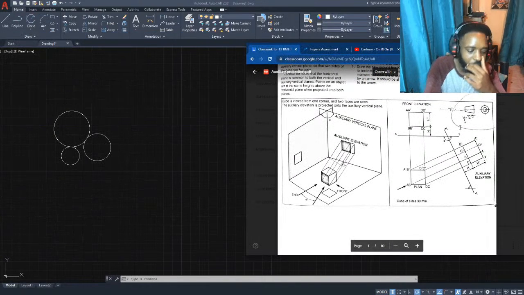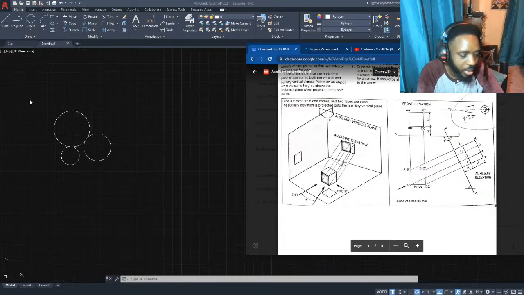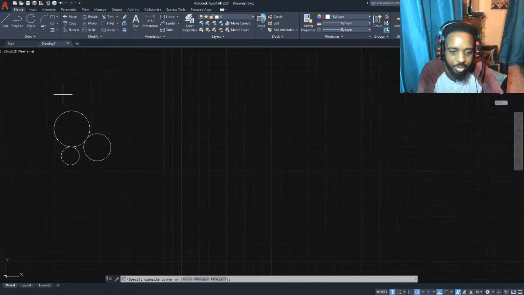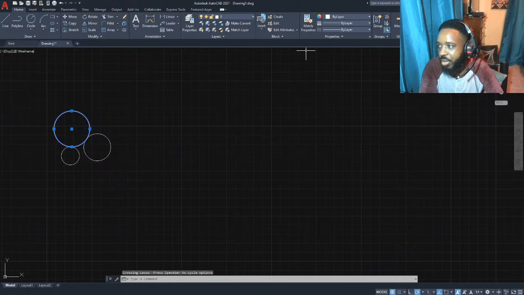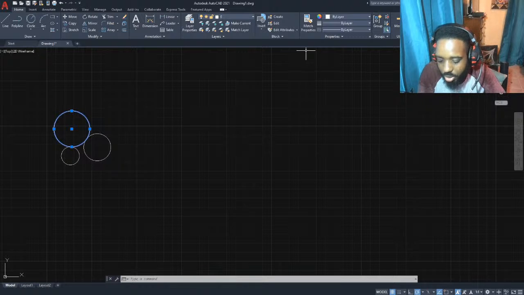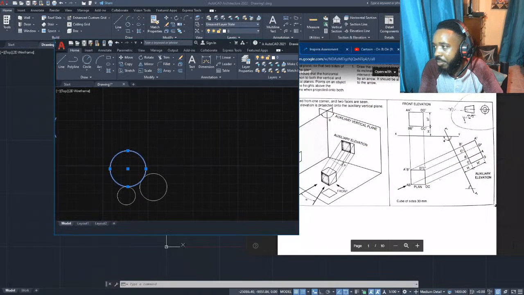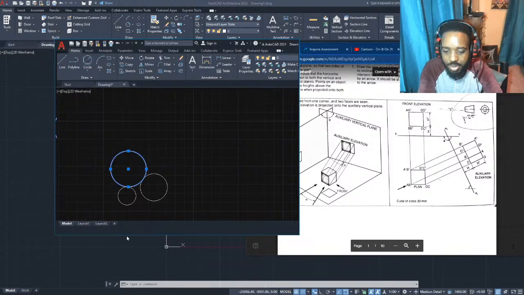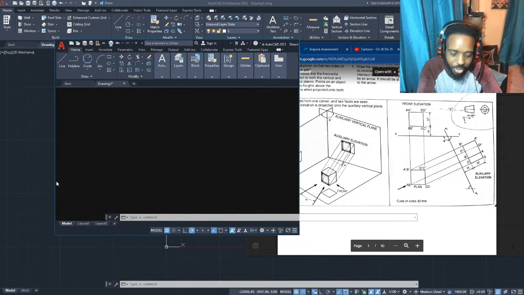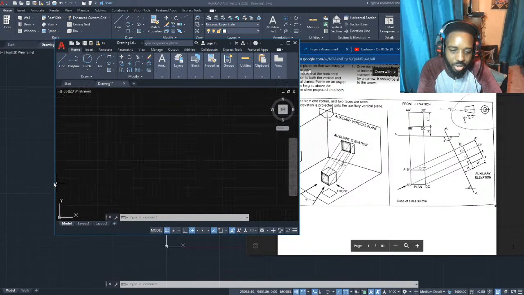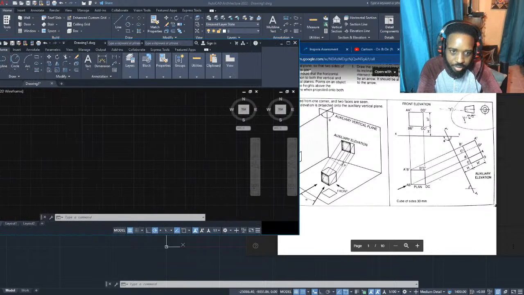Let's say the square has a size of something like 40, so it's like a cube with all sides being 40 millimeters. It doesn't have to be 40, but we'll just choose a measurement and work with that. So let's say it's 40.